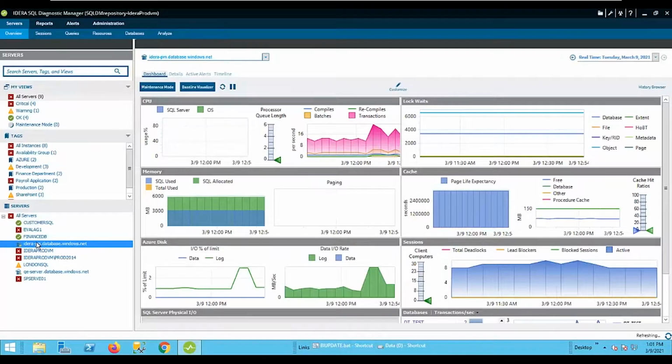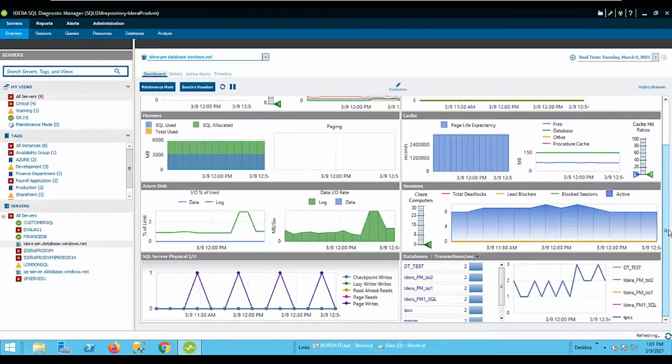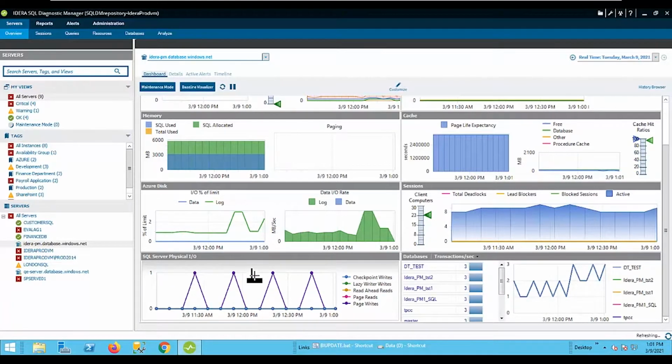We can select an instance from the list and immediately go to the dashboard view to see various metrics that DBAs typically like to look at right away to see if there's any performance bottlenecks. Such metrics as memory performance, Azure disk performance, physical I/O on SQL Server, page life expectancy, session activity, and even the activity down to the database level. There are also navigation options to drill into very specific data up here at the top for sessions, queries, resource utilization statistics, database activity, and now we also have prescriptive analytics enhancements to include 239 recommendations around your Azure environment